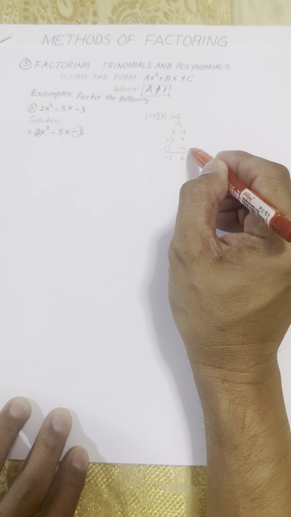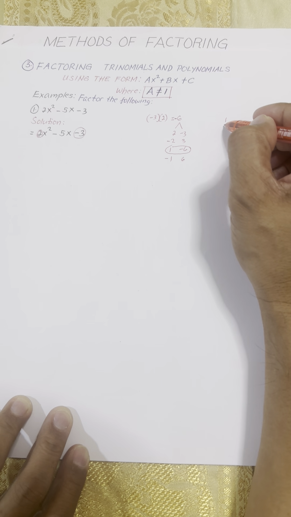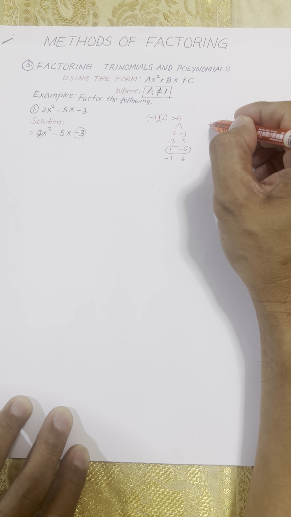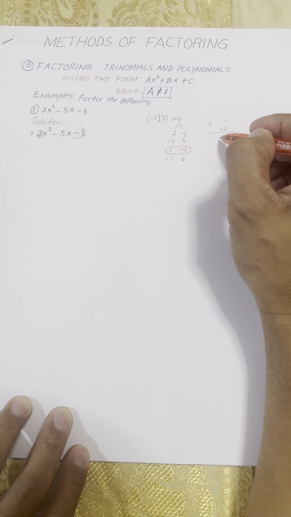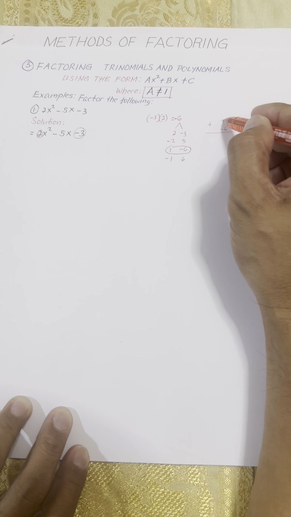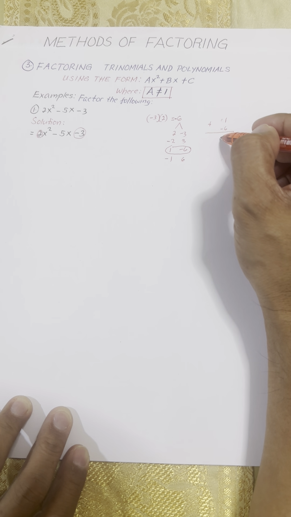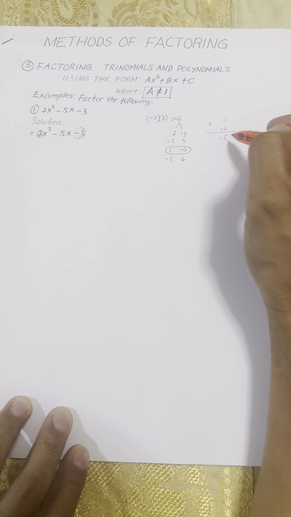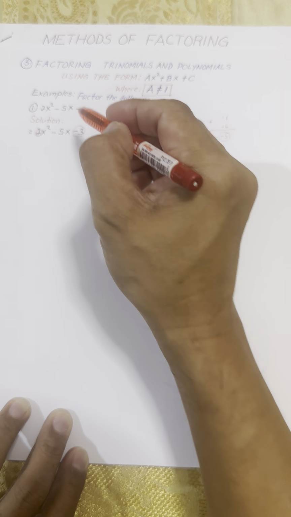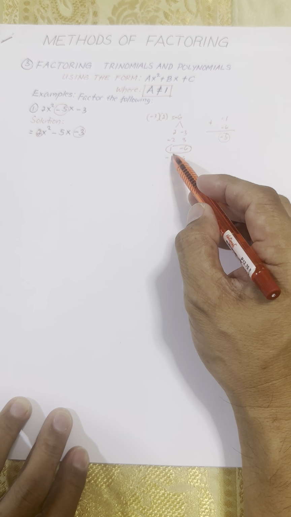How about this one? If we combine, so we know the rule of combining, right? We have 1, then minus 6. The rule of combining numbers or terms is to add. And if we add numbers or terms of different signs, we have to subtract. In this case, they are different because this is understood to be positive. So 6 minus 1 is 5, and then carry the sign of the bigger number. So this gives us the coefficient of the middle term. So the combination now is this 1 and minus 6.